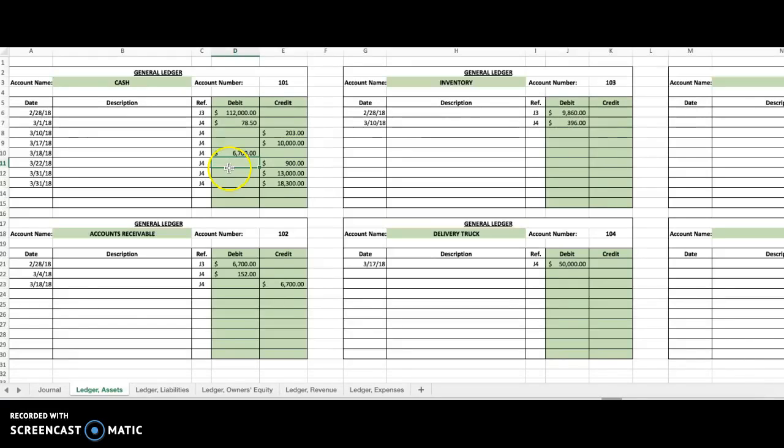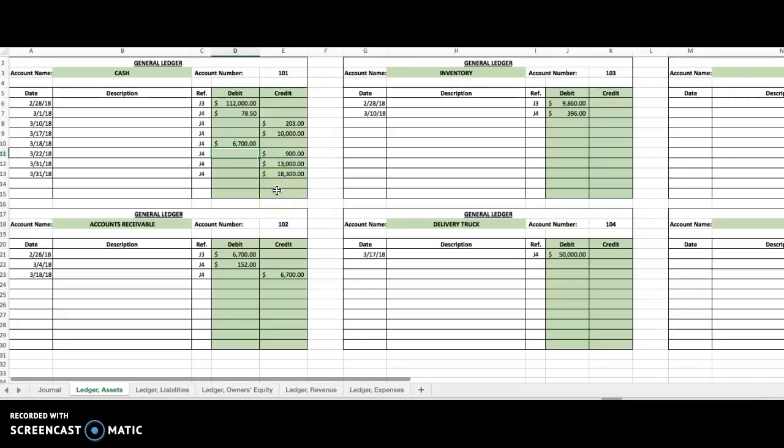If you add up the debit side, you would come up with $118,778.50. If you add up all of the credits, you would come up with $42,403. Now, if you then subtract the credits from the debits, you end up with a debit balance in cash. There's more on the debit side than the credit side, so it has a debit balance of